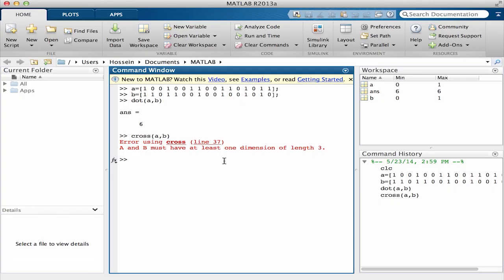Oh, sorry, we cannot use cross product. I made a mistake here, because cross is only defined for vectors with at most 3 items. My bad. Okay, so now